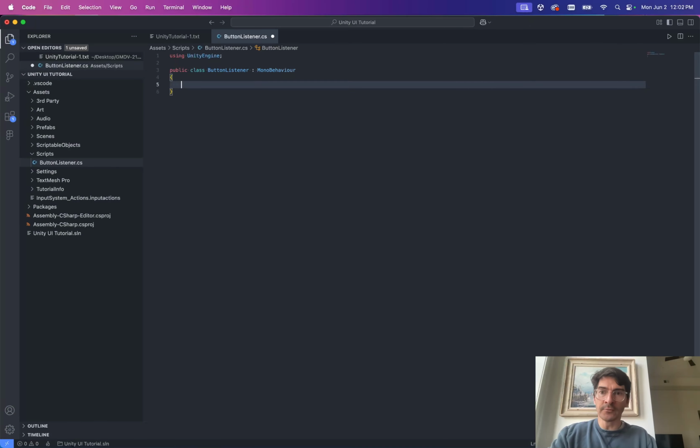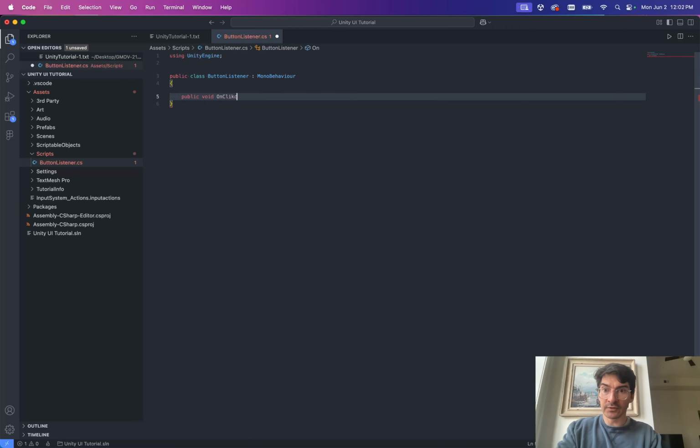So from here, we want to start listening to these button clicks. First thing we're going to do is wire it up. So we're going to communicate from the button click in the scene to a custom function, a function that we write in our own custom component. So we're going to write public void OnClickHandler,